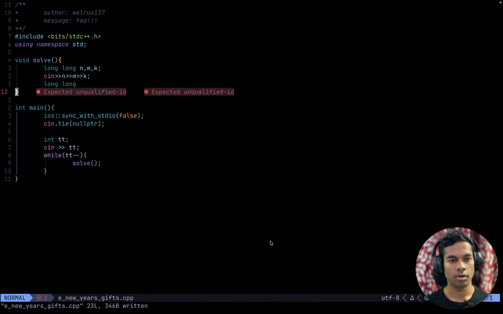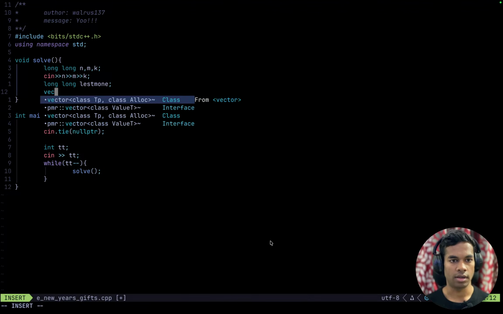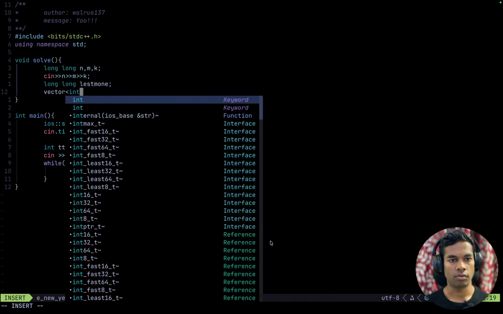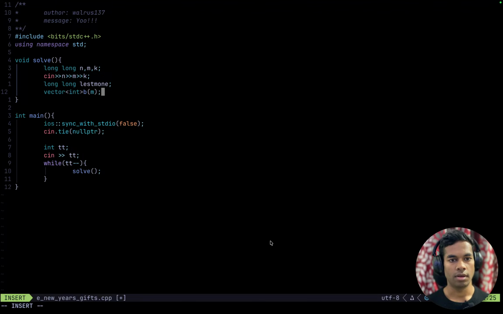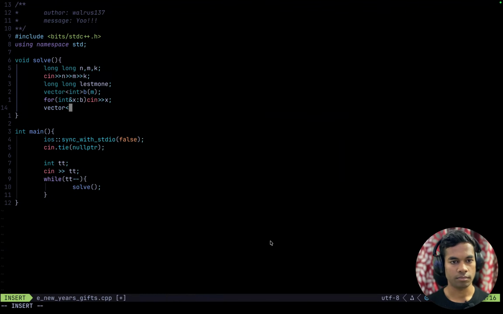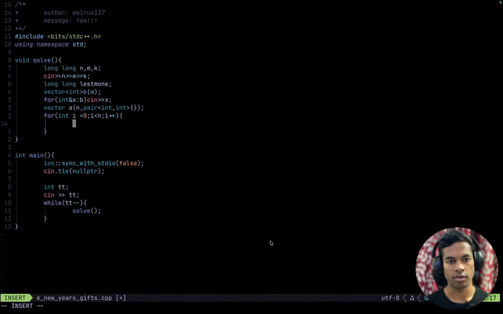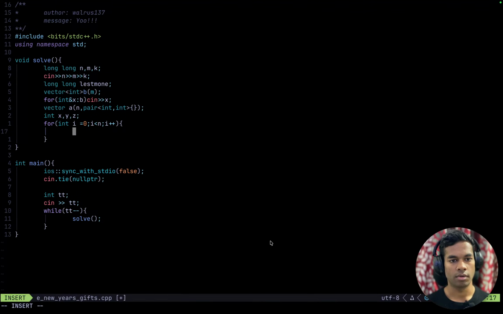long long, and long long. Least money, and vector of integer b, m for boxes, for int reference x in b, c in x. And then a vector of pairs, a of size n, pair of int, like this. For int i equals 0, i smaller than n, i plus plus. We will have three values here, int x, y, z. Take input into these three values